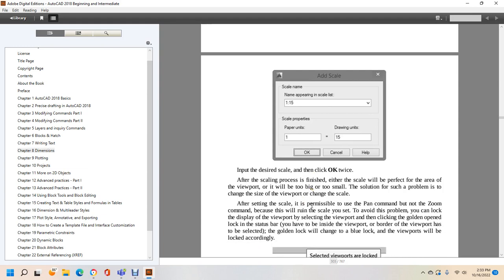After the scaling process is finished, either the scale will be perfect for the area of the viewport, or it will be too big or too small. The solution for this problem is to change the size of the viewport by changing the scale. After the scale is set, use the pan command, not the zoom command, because zooming will change the scale you set. To avoid this problem, you can lock the display of the viewport by selecting the viewport,